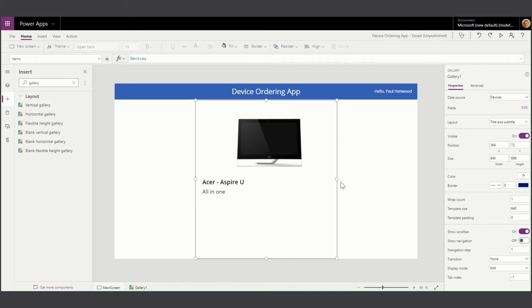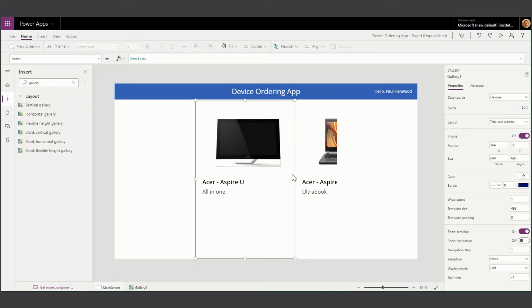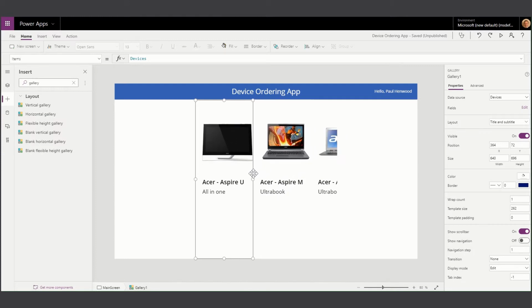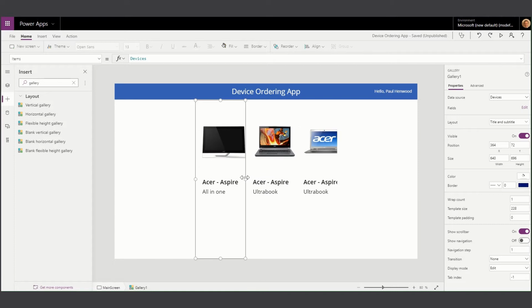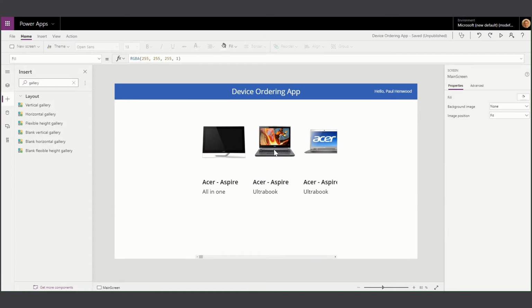I can now resize and orient this gallery as I want it to appear. So I can reduce the size of the images like so, and actually make it appear in a size that makes sense for me. Now I have a gallery that shows all of my devices. I'm going to want to add another gallery that shows my manufacturers, so I can use this to slice the main gallery. So I'm going to choose a vertical gallery,